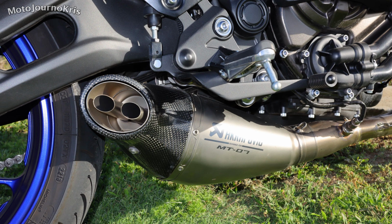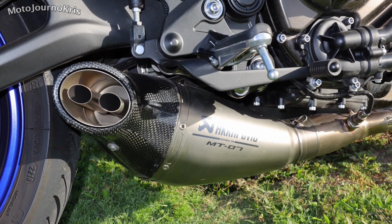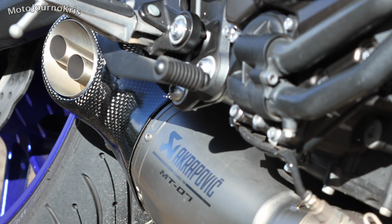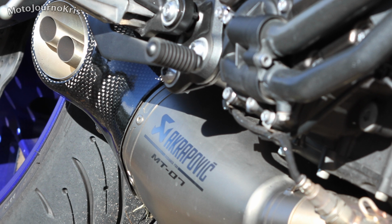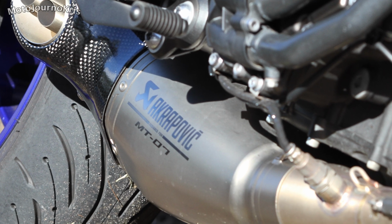This is the titanium exhaust. It's got a carbon fiber tip. It's got the dual exits in it, which is kind of a baffle. And it is a really nice looking exhaust. I didn't fit it, I got the bike fitted with this one on it, but it certainly adds to the character of the bike. I'll do some sound tests for you shortly, but just talking about the exhaust in general,